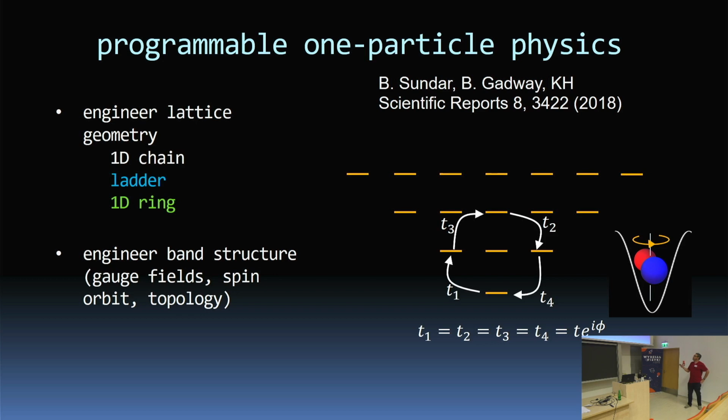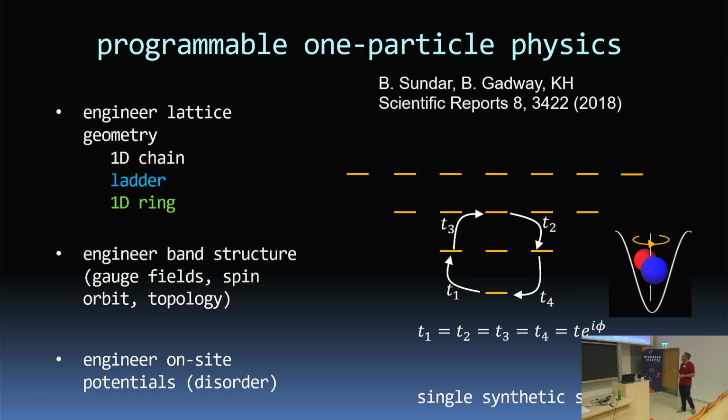The other thing you can do is, by detuning these different tunnel couplings, detuning these microwaves, it's like adding an on-site potential to your synthetic dimension. So you can also put on an arbitrary potential landscape at the same time as you control your geometry. And something you get for free is synthetic imaging, a synthetic quantum gas microscope.